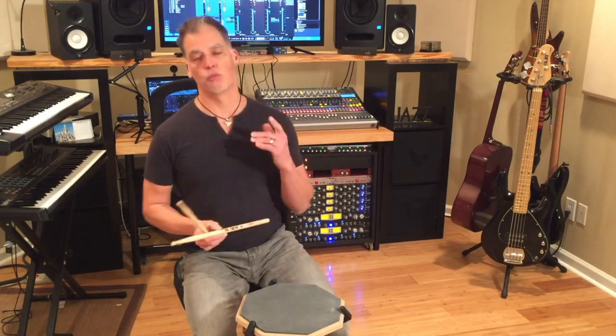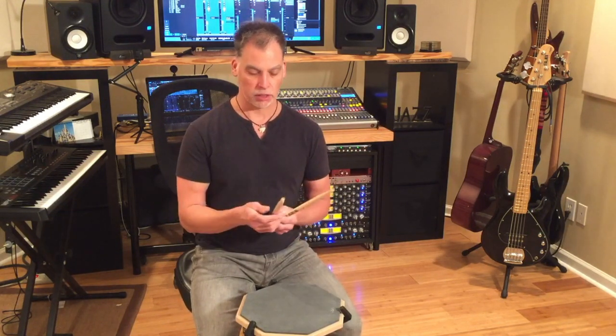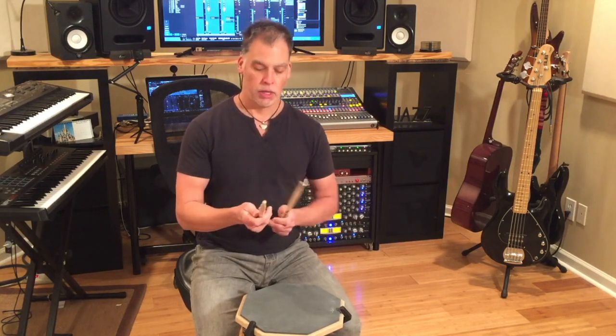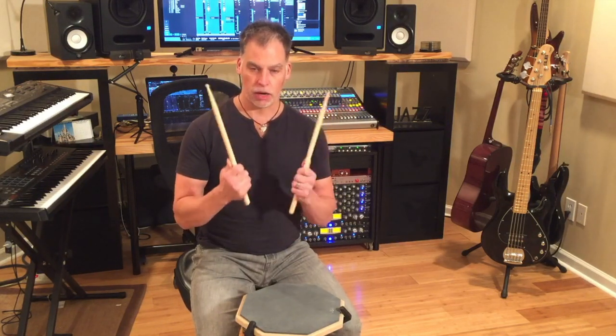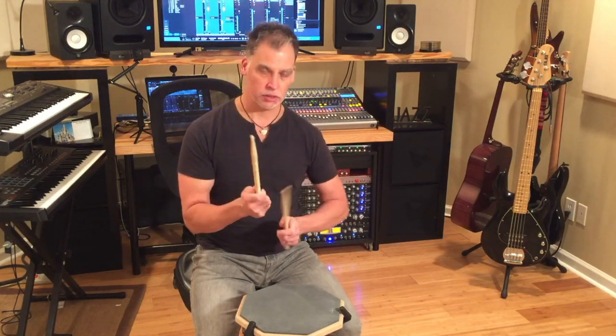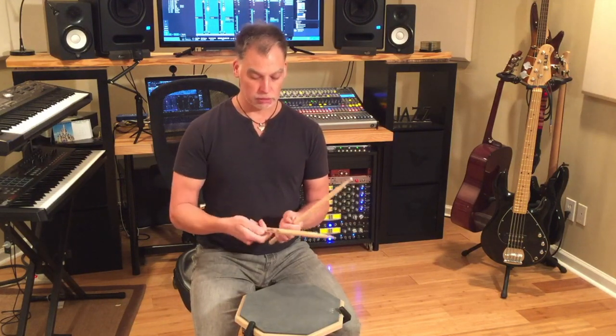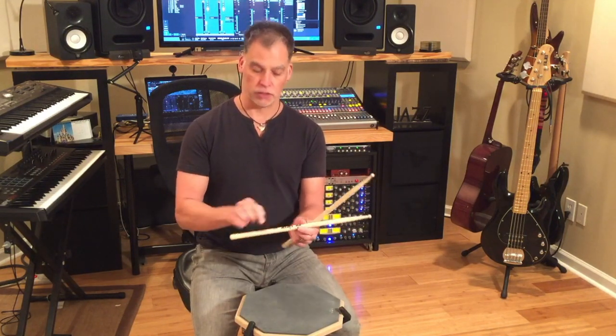Something today that's real important that I cover with all my beginner students, because it's something that's necessary for playing drums on any level well. It's basically how we hold the drumstick and the tension that sometimes we develop if we don't do it correctly. Okay? So real quick, first of all, on like a Vic Firth stick,